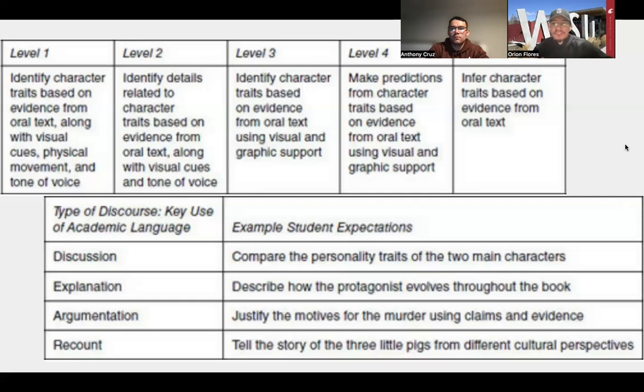So it just builds as the levels progress. And then at the bottom, types of discourse, so key use of academic language. So these are the things that we're shooting for the students in language arts. So discussion, explanation, argument, and the ability to recount what they've learned.